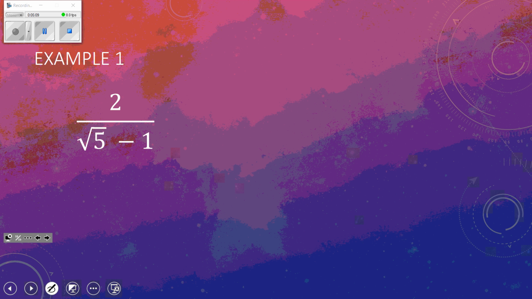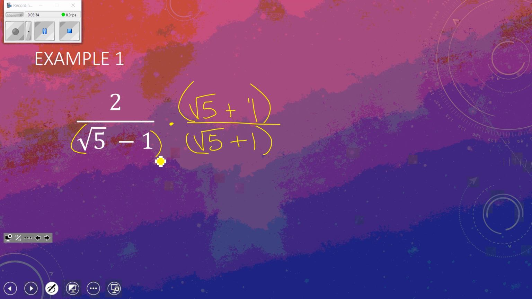So in order to rationalize it, you have to multiply by the conjugate. Okay, the conjugate of the square root of 5 minus 1 is square root of 5 plus 1. And if you multiply that by in the denominator, you must multiply by it in the numerator. Okay, so